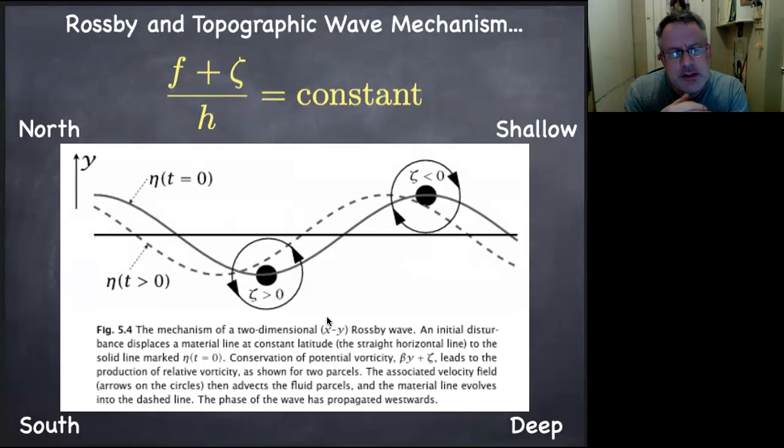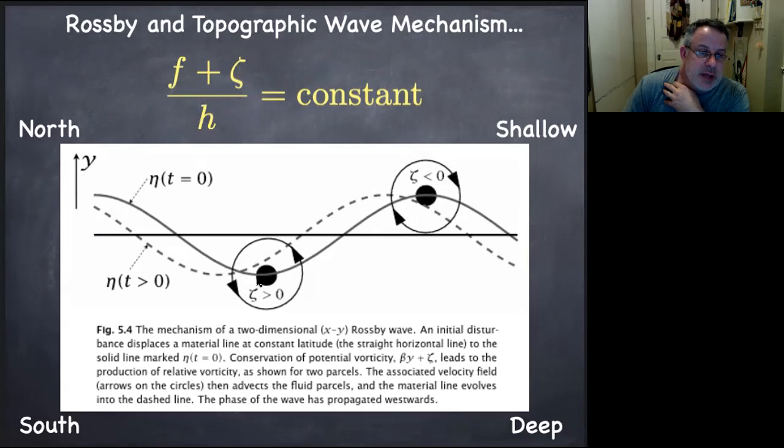If it's these little cyclones and anticyclones next to each other that are drifting slowly to the west, how does it work? Well, imagine we have sea surface highs and sea surface lows like this, or imagine that you displaced a particular latitude of water towards the south or towards the north. In either of those situations, or actually both, you tend to have a vorticity anomaly centered around this little black dot.